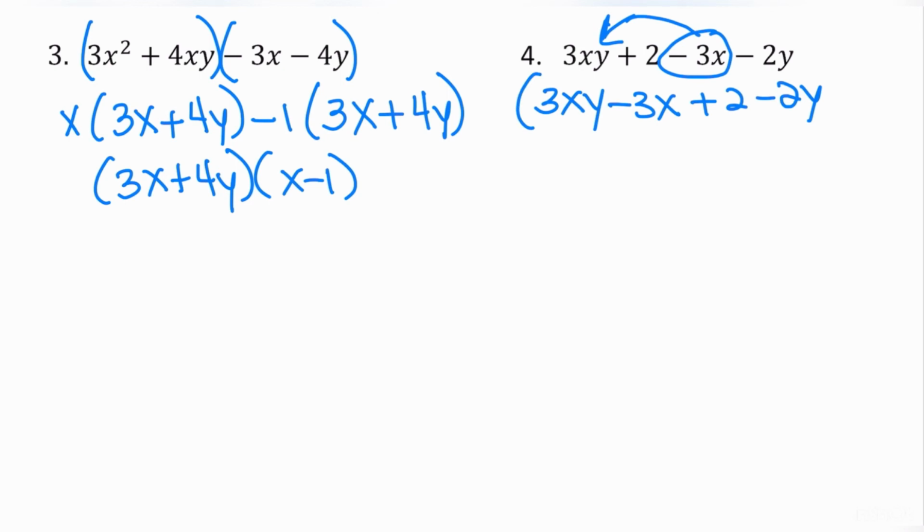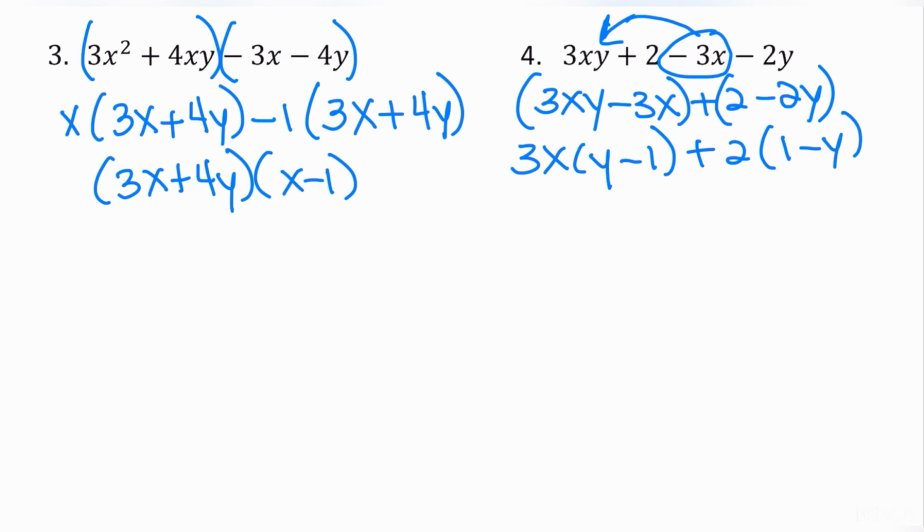I'm going to group the first two and the last two. From the first two, I have 3x in common, and I'm left with y minus 1. From the second group, I have 2 in common. They're both divisible by 2, and I'm left with 1 minus y. Take a look at your screen. We are so close to getting this to something that we're going to factor. If you notice, in one part we have y minus 1, and in the other part we have 1 minus